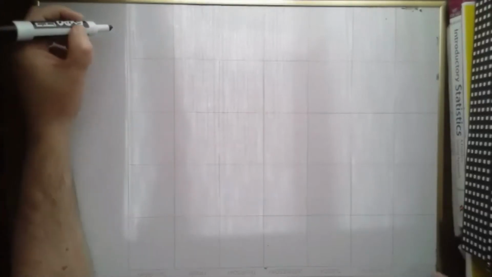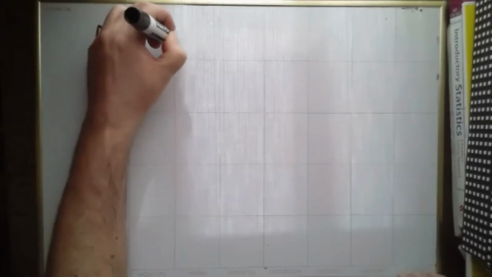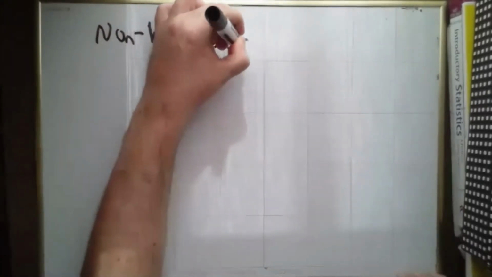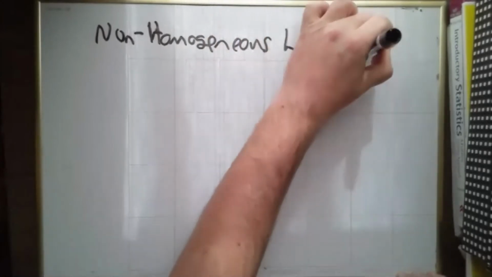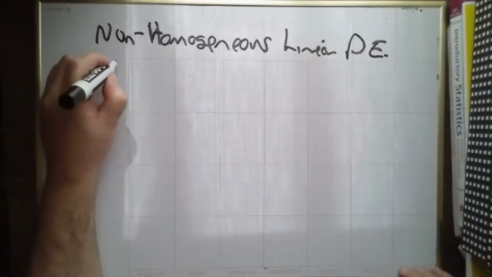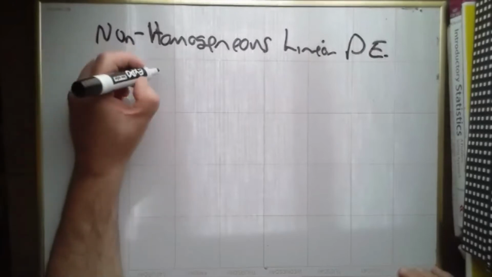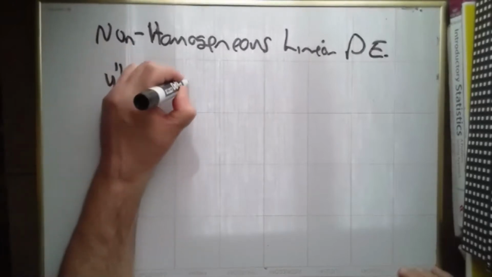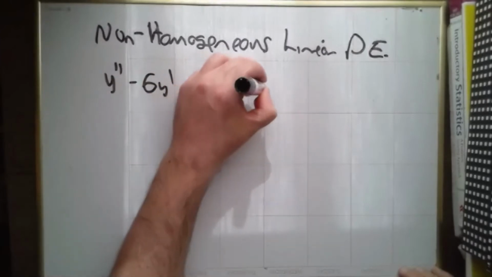So we'll have some non-homogeneous linear DE, again with constant coefficients. I'm not going to write that out. Something like, I don't know, maybe y double prime minus, let's go with 6y prime plus 8y equals